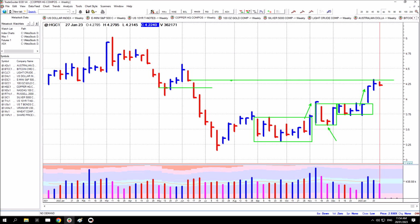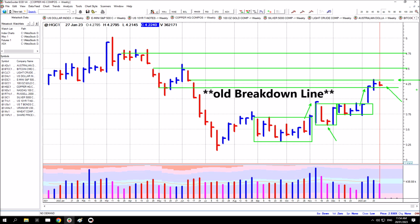Now, here's where there'll be some resistance, and then here, then up here. So price is just absorbing supply just below this line here at this level. It's above the old breakout line. So here's where price is absorbing supply at the moment. Once again, spreads narrowed considerably. Very, very narrow spread bar on reduced volume. Selling pressure appears to be quite low, and